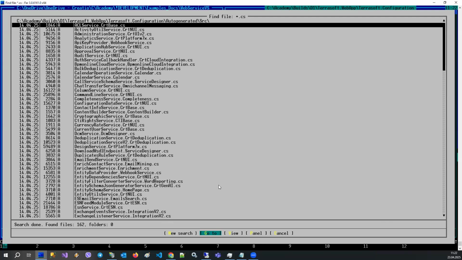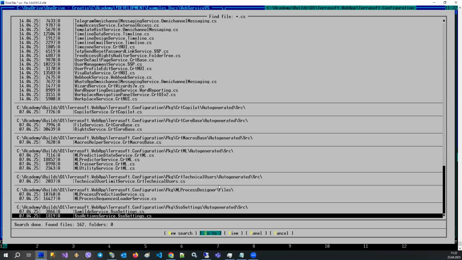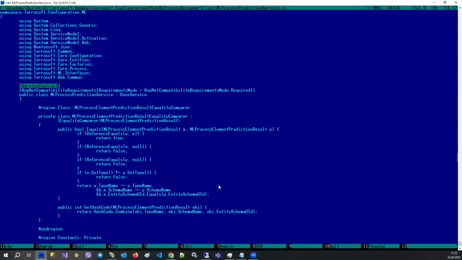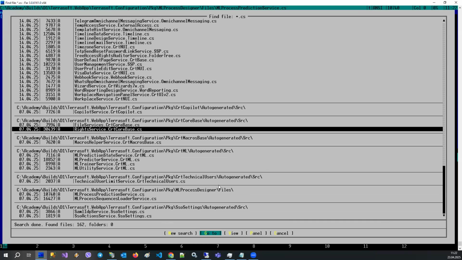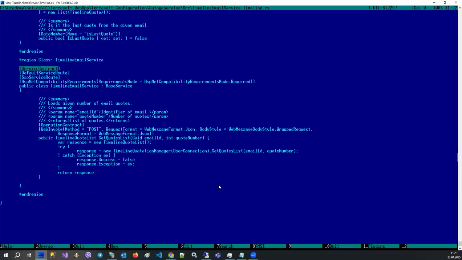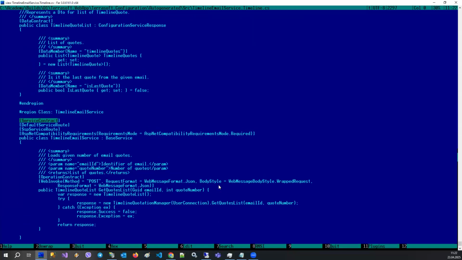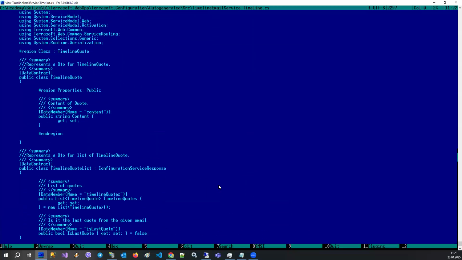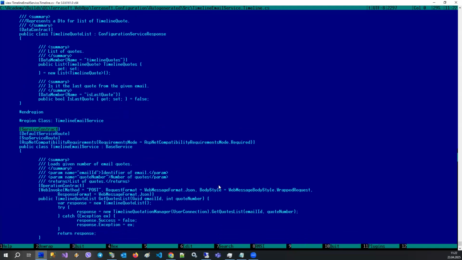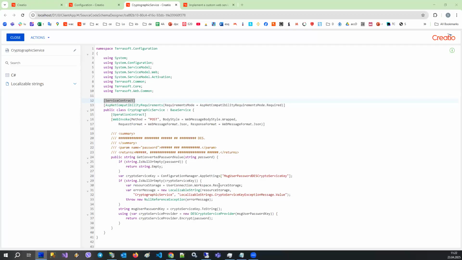And you can see 162 examples. So it tells us it is very popular. And this is something which is commonly used in Creatio. It's not just one or two random examples. This is a common feature which is used quite generally in Creatio. So what I want to show you now,